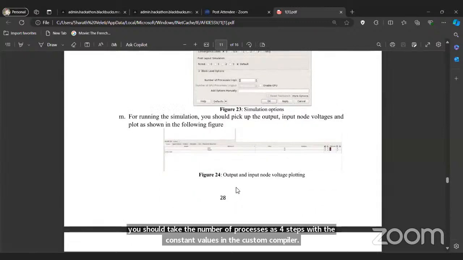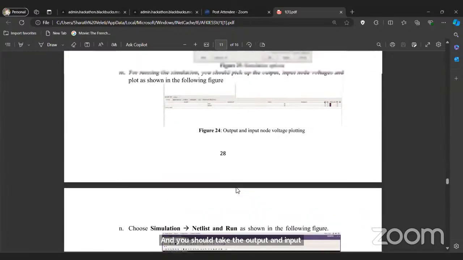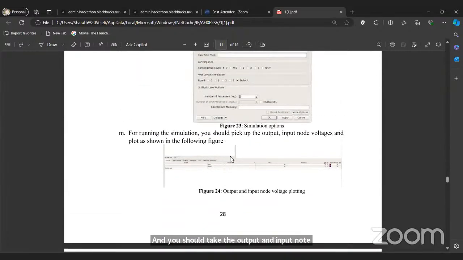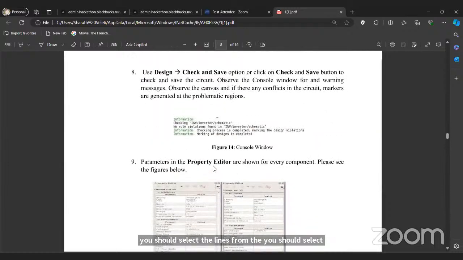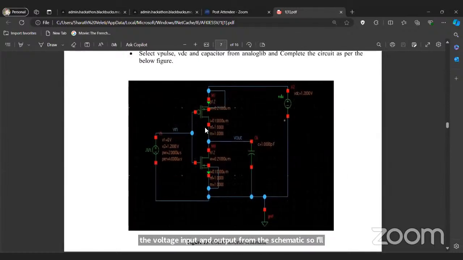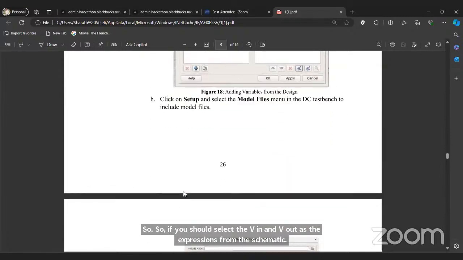And you should take the output and input node voltage plotting. So after this you should select the values. You should select the voltage input and output from the schematic. So once I'll show the schematic. So you should select the V in and V out as the expressions from the schematic. So once you press the expression button from the module,